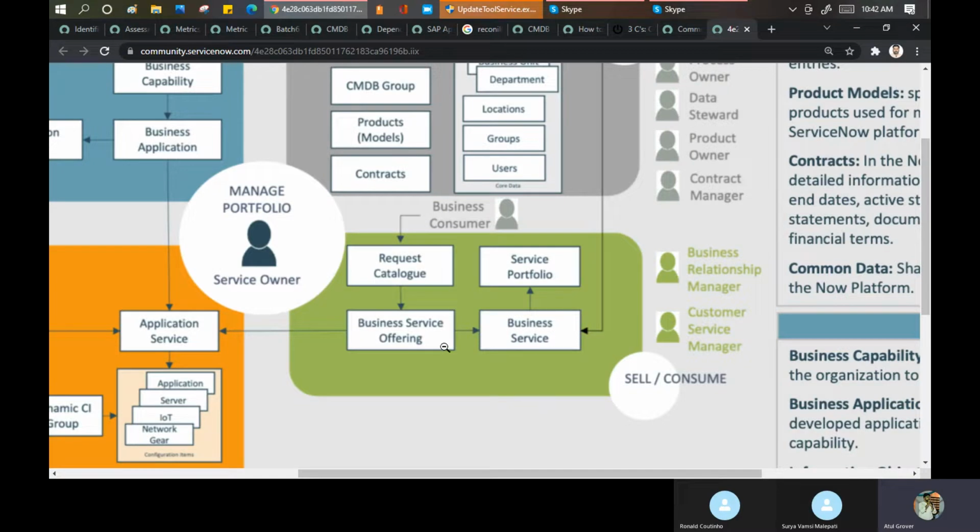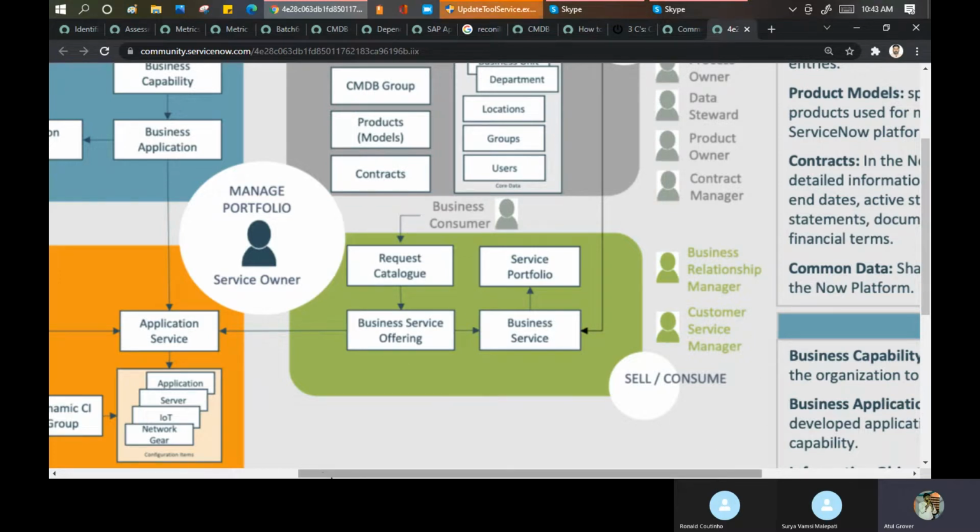Now the concept comes, Atul: what is a business service offering? I provide HR services only in the APAC region. That is my service offering. I don't do it everywhere. You cannot order any US product in India from Amazon, I'm just putting that out there, or these products are only available in the US. That is a service offering.